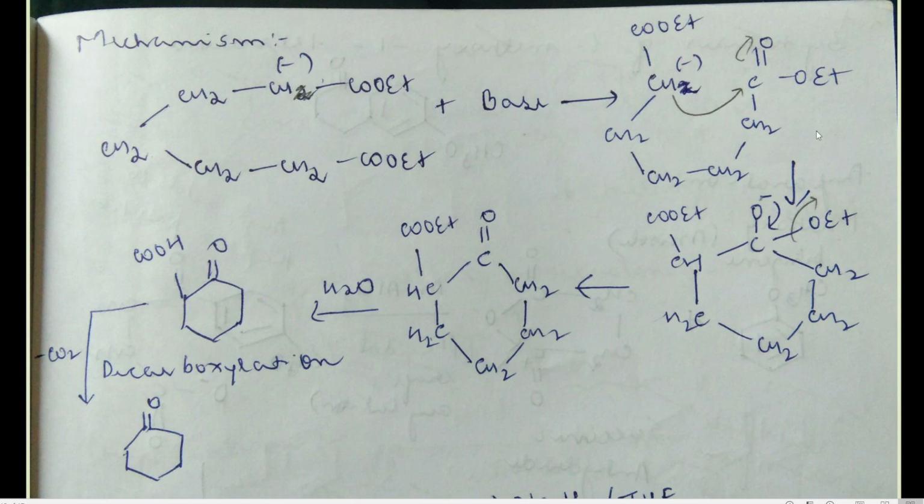What happens in step number two here, students? There is this part, that is C double bond O, OEt. Here this double bond O is there, no? So this oxygen, being highly electronegative, will start pulling electrons towards itself. So oxygen will get a negative charge and this carbon will get a partial positive charge on itself. Since this carbon has a negative charge and this carbon has a positive charge, there is a bond formation between these two carbon atoms, shown over here.